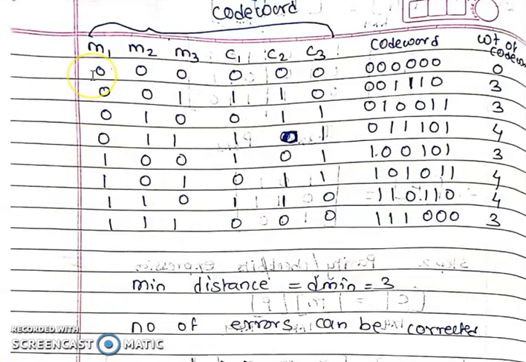In the given numerical, the first part asks us to find the code words. Based on this table we can find the code words. I will write the first columns as the message bits M1, M2, M3 followed by the check bits C1, C2 and C3. The number of message bits is 3, so 2 raised to 3 means you will have 8 combinations for making this table. I will start with 000, 001, 010, till 111. So you will have the 8 binary combinations followed by C1, C2 and C3.